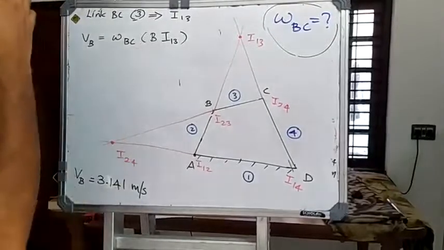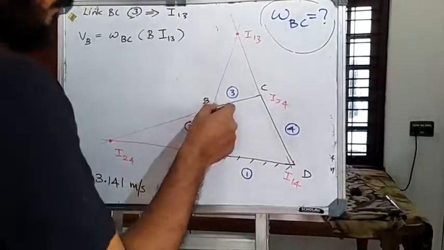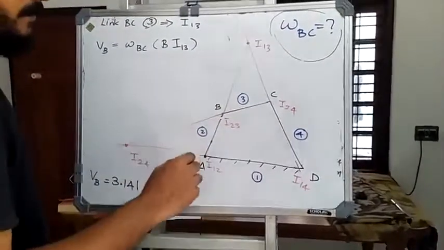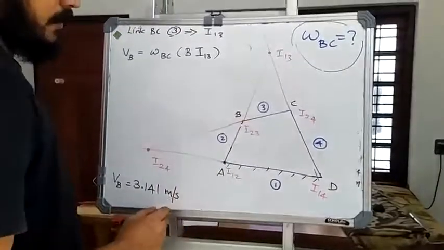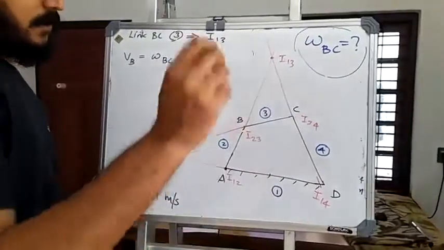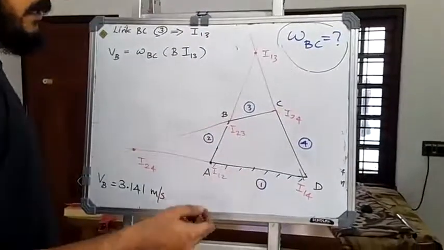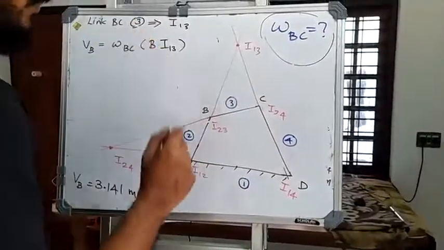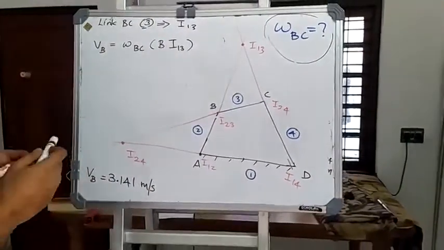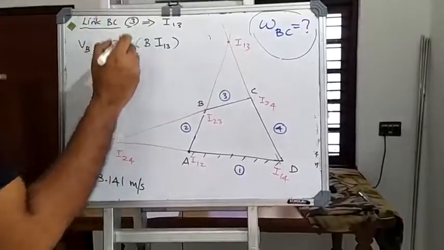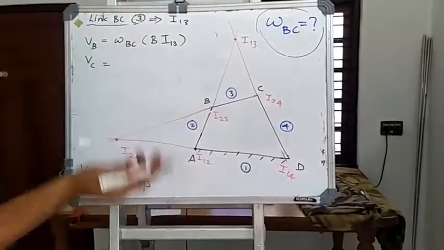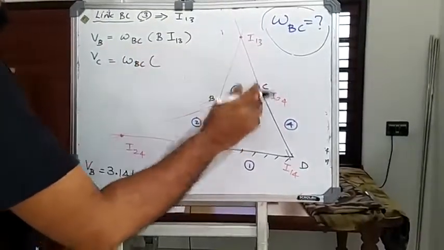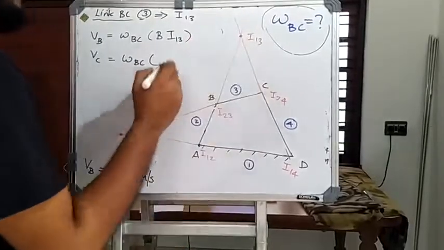Same kind of equation we have written previously also. The linear velocity VB we found out by multiplying the angular velocity of link BA with the length of the link AB. Now the length of the link AB can be put in another manner also, like it is the distance of point B from its instantaneous center, which is A or I12. Similarly, we can write for this one also. One more equation we can produce with respect to link BC, that is the linear velocity of C also can be found out using omega BC multiplied by the distance of the eye center from the point C.